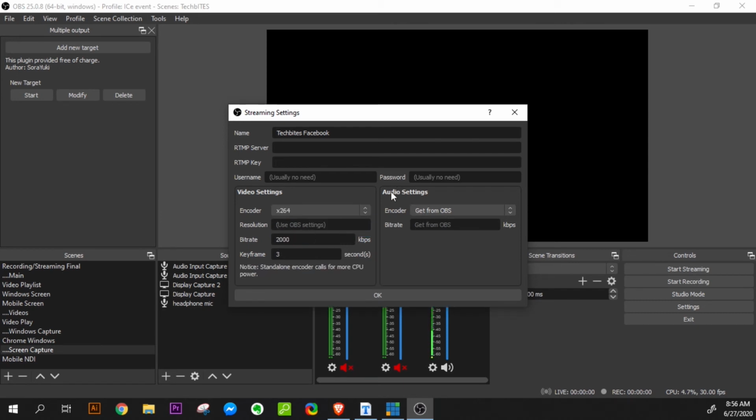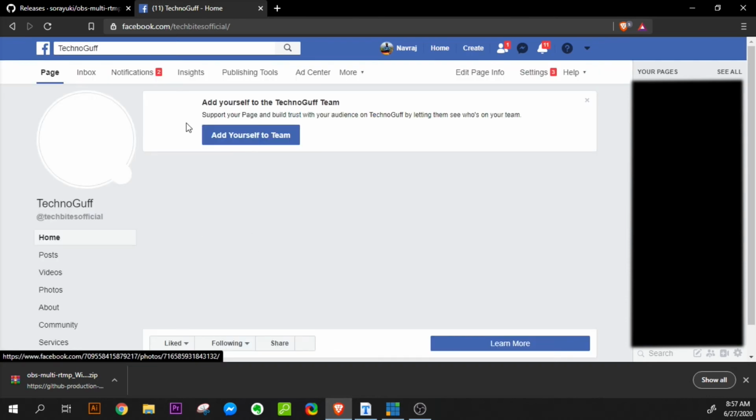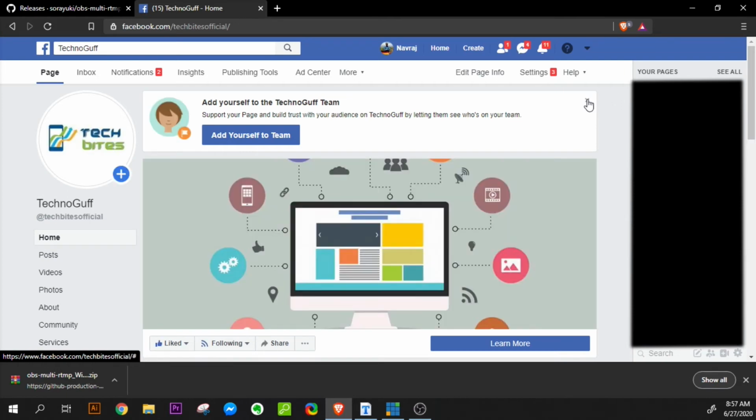Similarly, in the encoder setting, we have to select X264, and for the audio encoder we have to select the FFmpeg audio encoder. For the streaming key and streaming URL, let's move towards the Facebook page, and from the Facebook page we have to create a Facebook Live video. We have to click on Facebook Live.